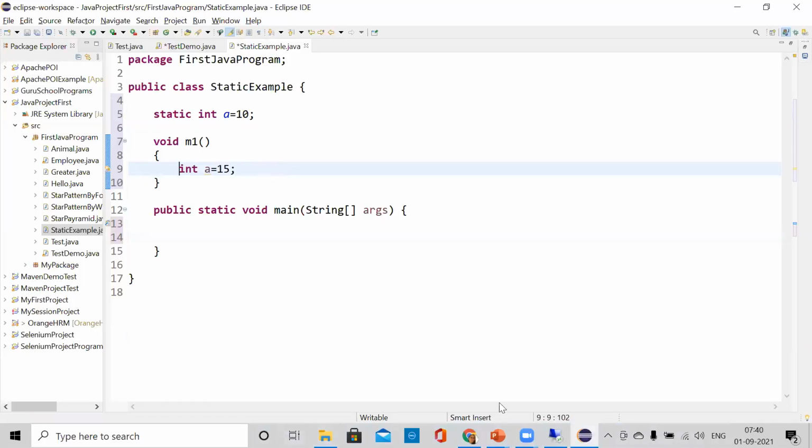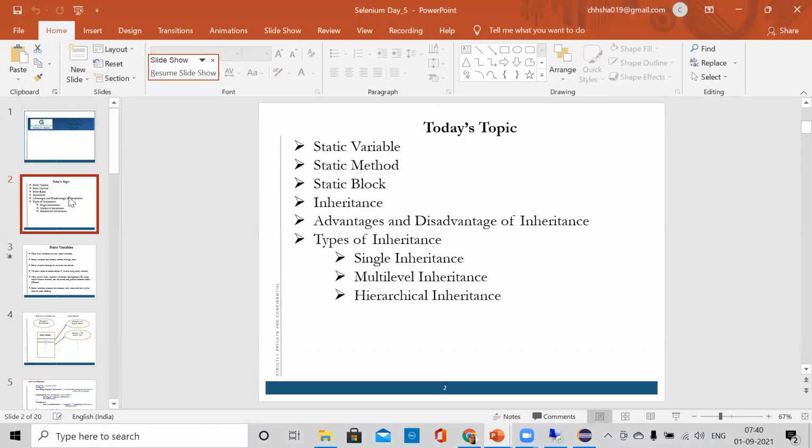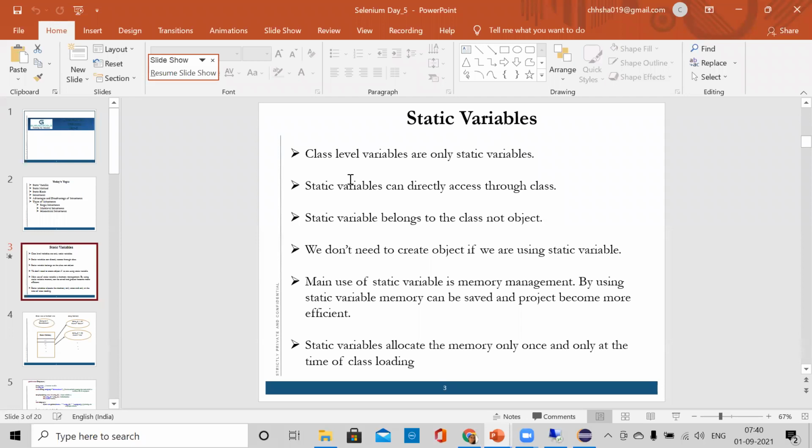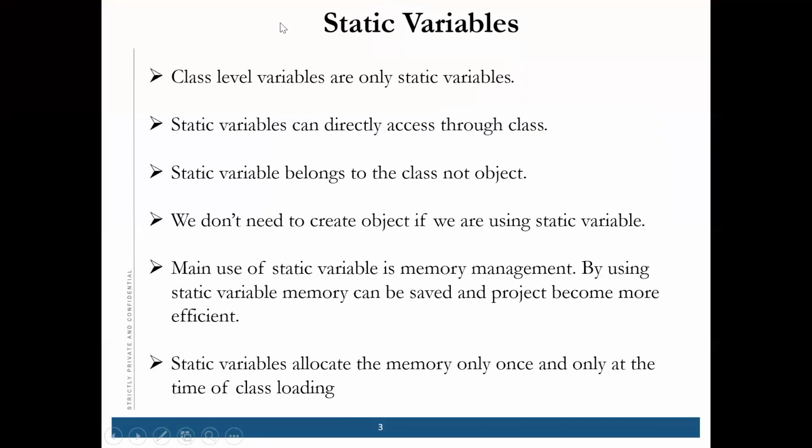Okay, moving further. These are the characteristics of static variable. Class level variables are only static variables.